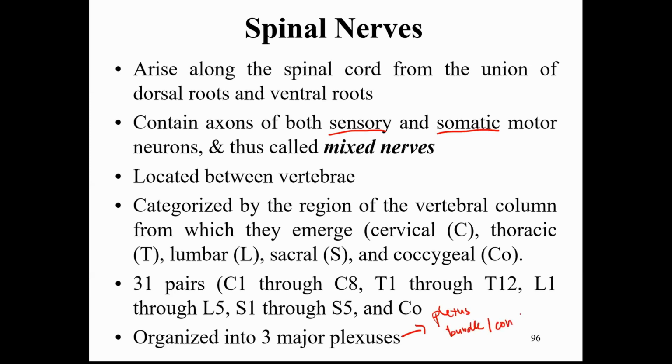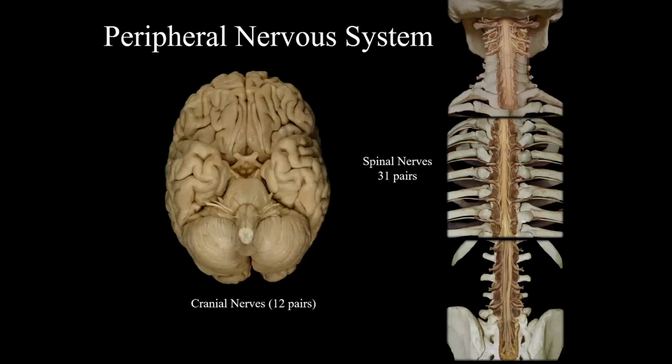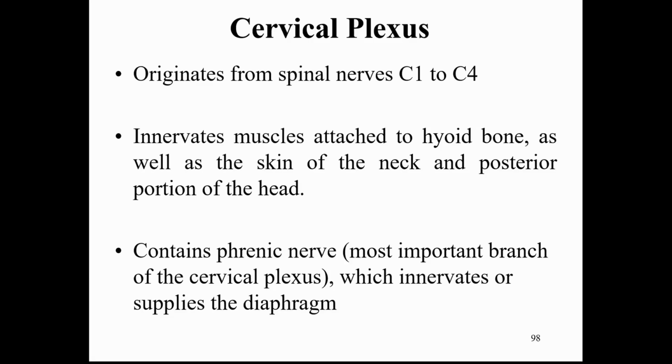Bundle or concentration of nerves. Okay, meaning sa isang lugar, madami yung ating nerves. Okay, so we have our spinal nerves right here and our cranial nerves. So for our cervical plexus, this is our first plexus. This originates from spinal nerves C1 to C4. It innervates muscles attached to the hyoid bone, as well as the skin of the neck and posterior portion of the head. It contains the phrenic nerve,